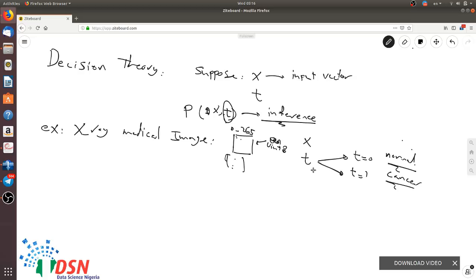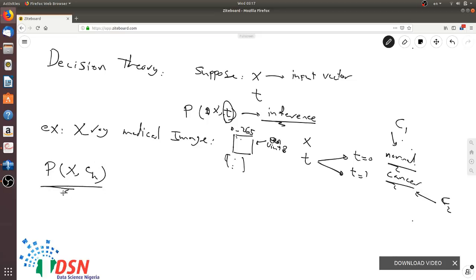So we have a medical image, and from that we want to know whether somebody has cancer or not. We call the normal class C1 and the cancer class C2. The joint probability of x and Ck gives us the full information about the class and the data,